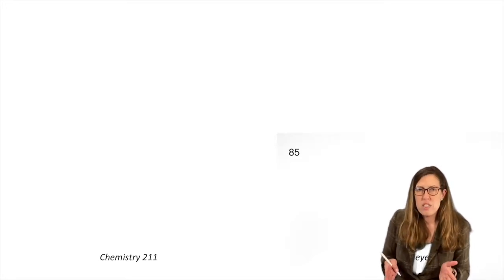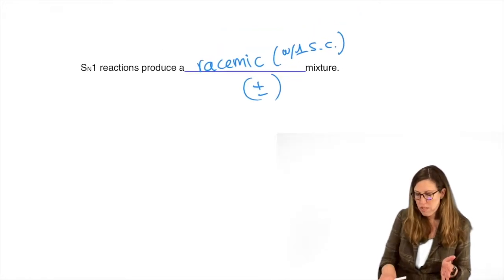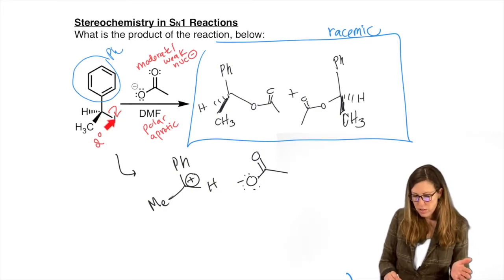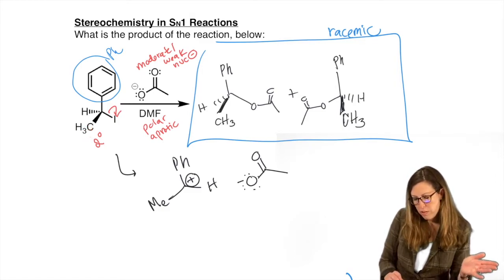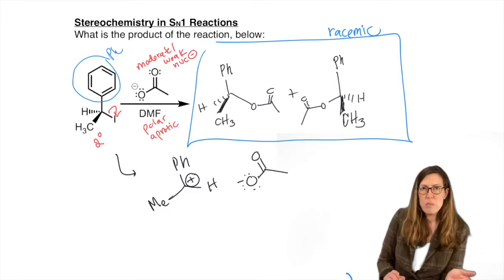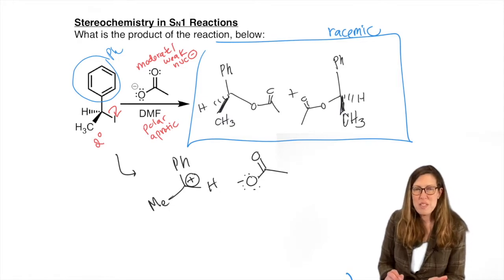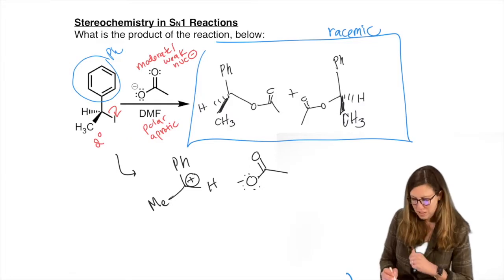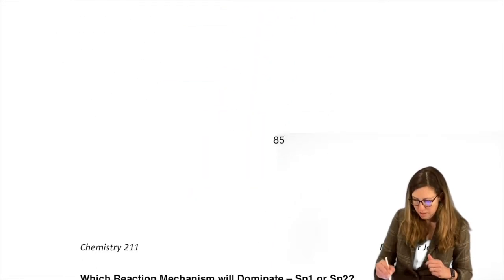Lots of practice to do clearly, because this one will not encapsulate all scenarios or all ways to draw it. Like for example, the leaving group's in the plane here. You want to do so much practice that you're comfortable. What if the leaving group is on a wedge? What if it's on a dash? What if it's on the plane this way? What if it's flipped around? What if it's in a big molecule? A small molecule? What if it's not this leaving group? Practice, practice, practice. There are some practice problems here.